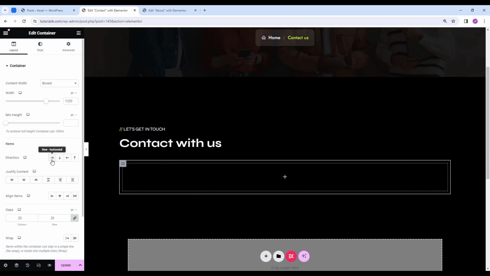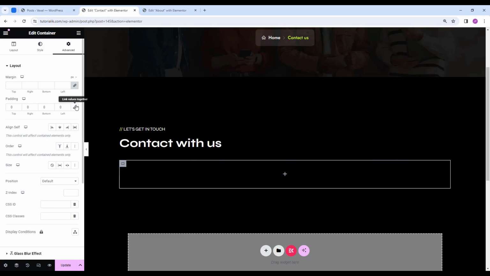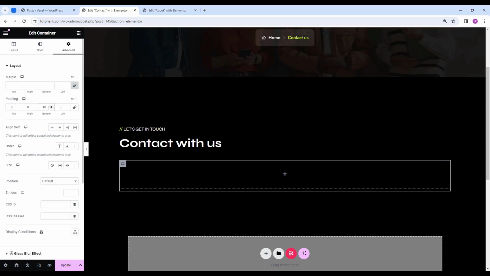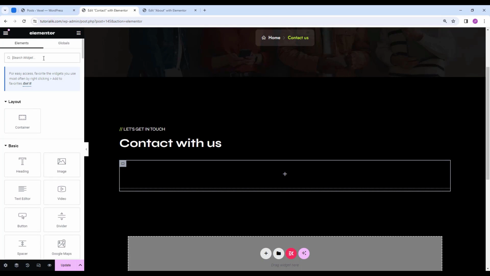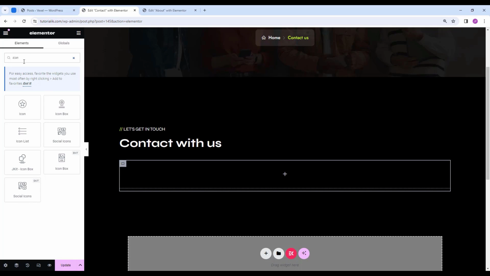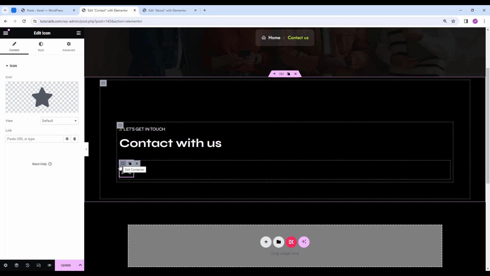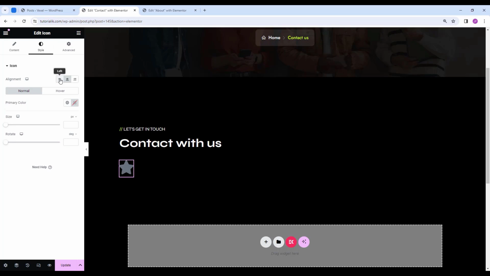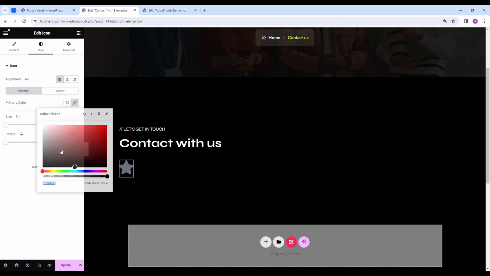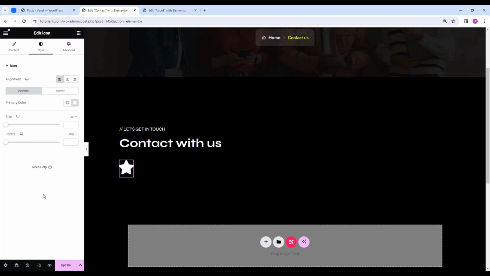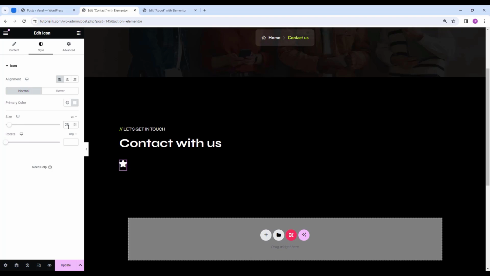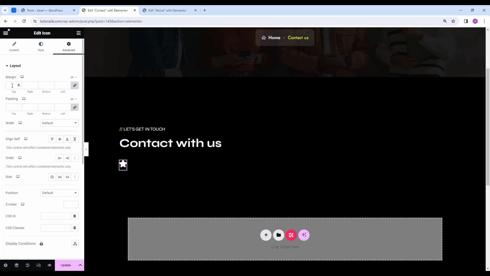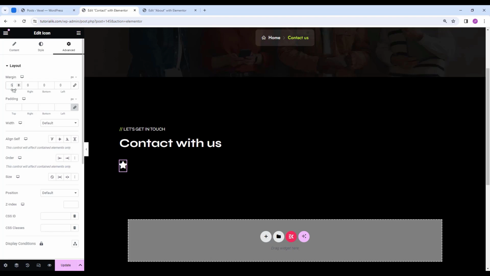Alright, now let's add a container underneath this heading. So here, let's make it row directed. In the gaps, let's make it 15. And actually, let's make the align items start. And in the advanced tab, let's make the padding 10 pixels from the bottom. Now let's click on the grid icon and let's search for icon. And now let's drag this icon widget here. Then in the style tab, in the icon, let's make it left, and the primary color, let's make it white, and the size, let's make it 26, and in the advanced, let's make the margin 5 pixel from the top,